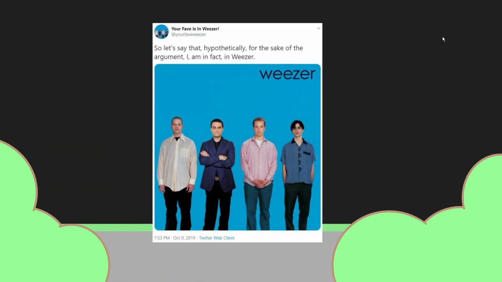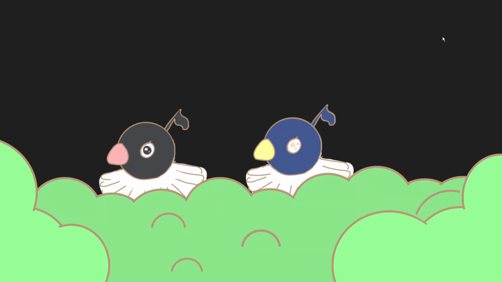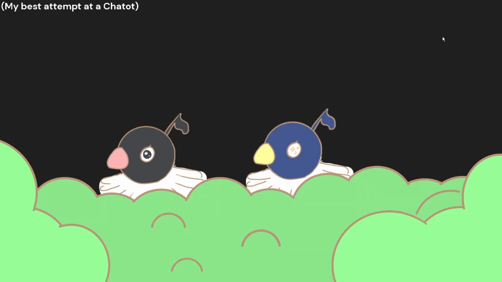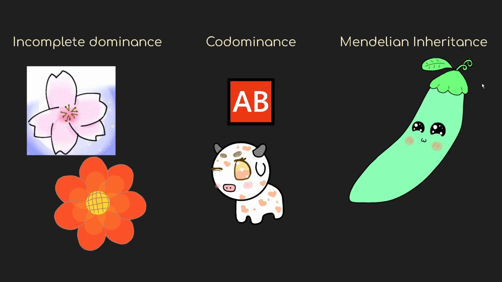Let's say, for the sake of the argument, you decided to touch some grass. And suppose on this grass touching, you spot two government surveillance drones that are the same species, but they're not identical. Why is that? According to the fancy science of genetics, there are three flavors for phenotype distribution: incomplete, which